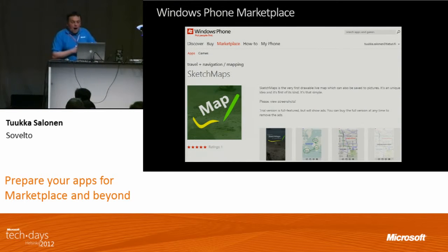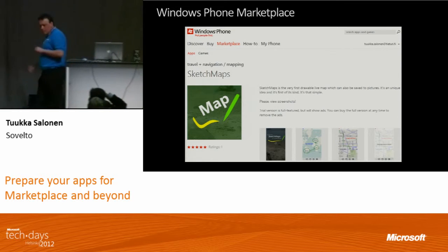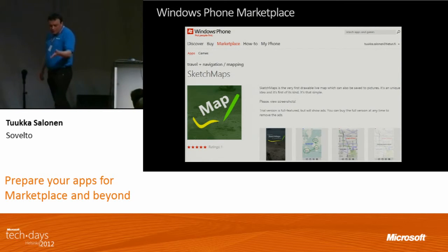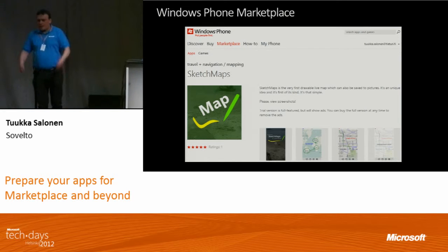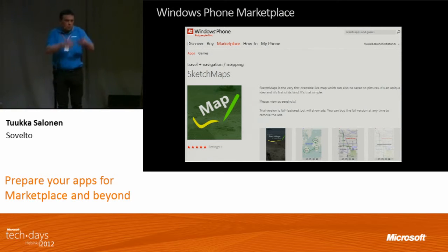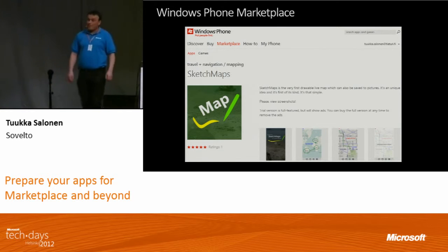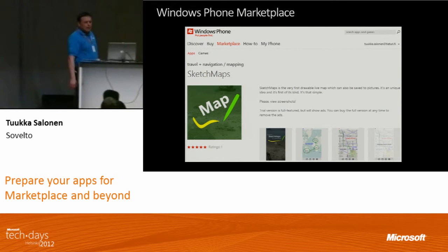So after it's released, it's available in Windows Marketplace. There are the graphics, which are required, at least one screenshot, a few tiles. This is the website version of it. And in your phones, you have, of course, the Marketplace version. And you can download. Probably you already did. I don't know. But these are available, as I said. So